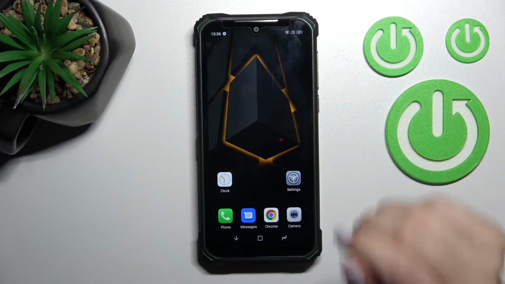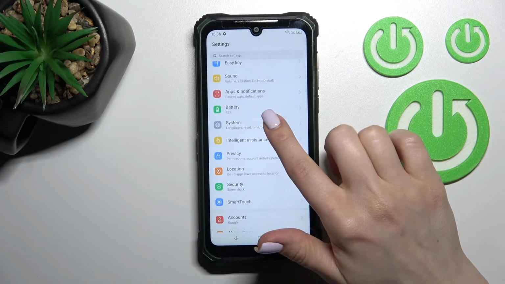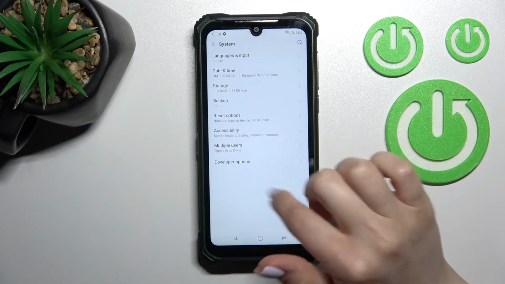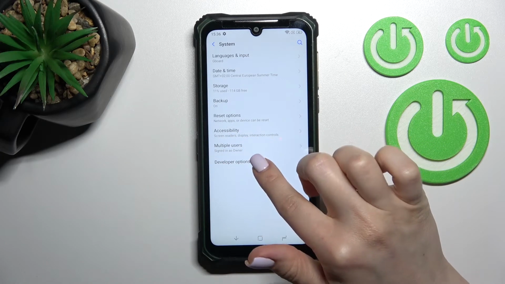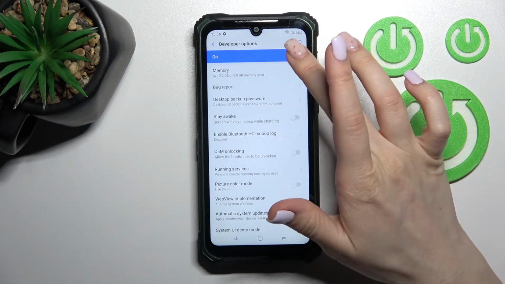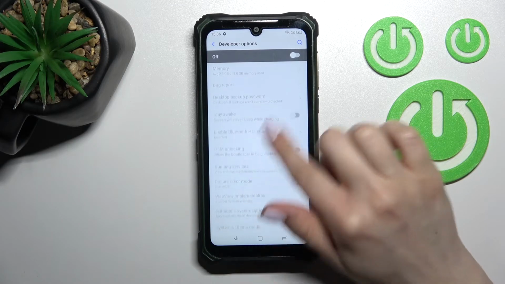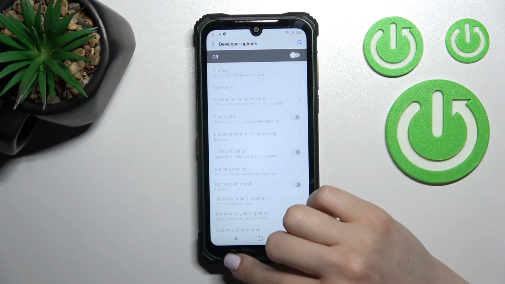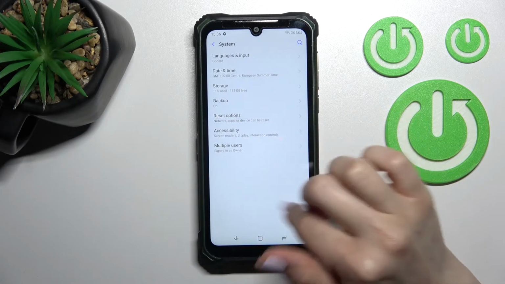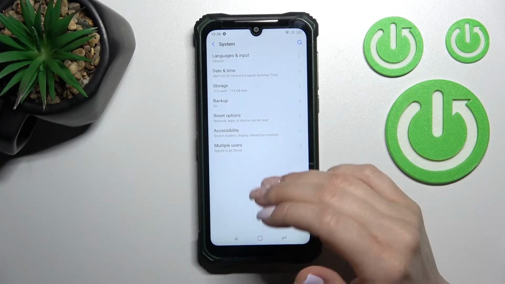this device. So first you should go into the settings application and then scroll down to the system section. If the developer options are activated, you'll see the section here. Now just click here, and to hide them you should click only once on the switch near the developer options, and now you can see that all of the options are blocked. And now when we go back into the system section, we can see that the developer options section is